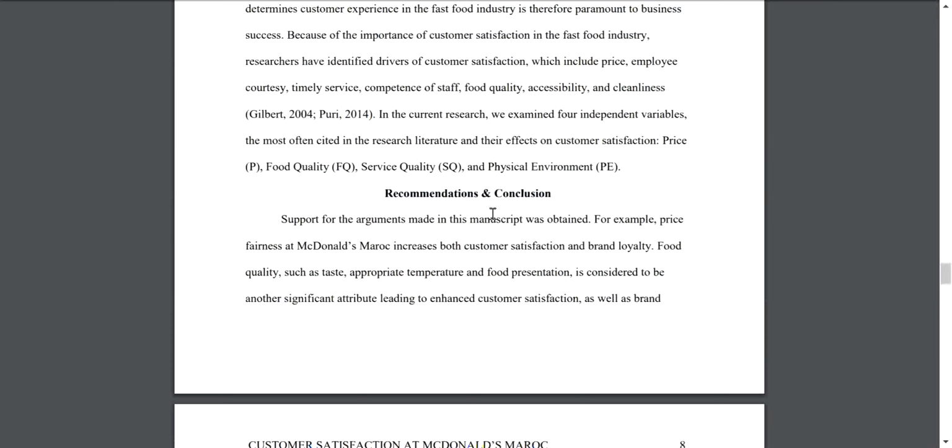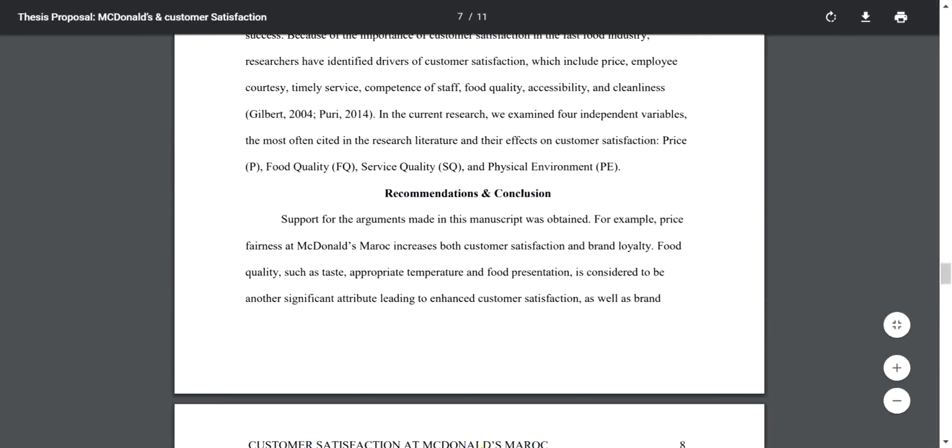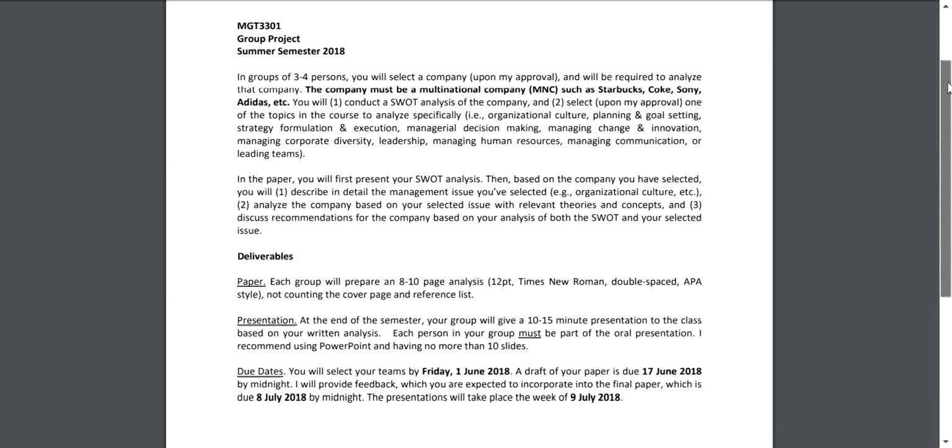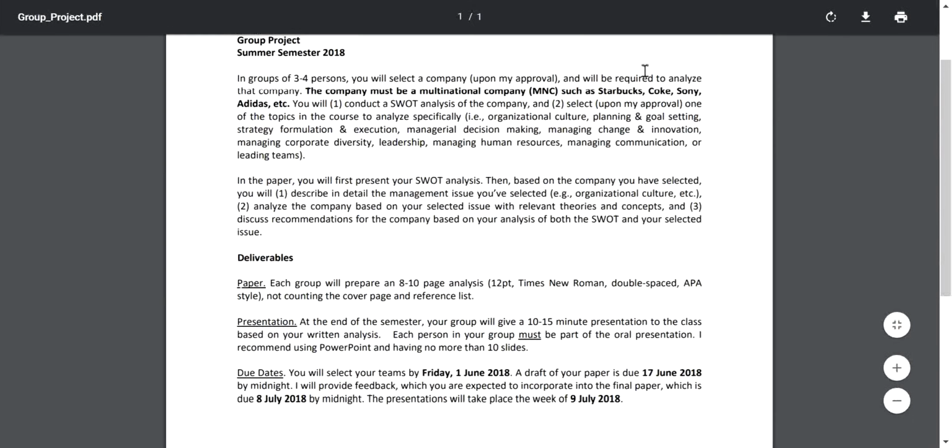Okay, so I hope that that helps you. I know that sometimes when you just go to a text-based document like this, it's not as clear. I like to provide these audio visual demonstrations like this so you can better get an idea of what it is that's required. If you've got any questions at all, you're always free to email me, and I look forward